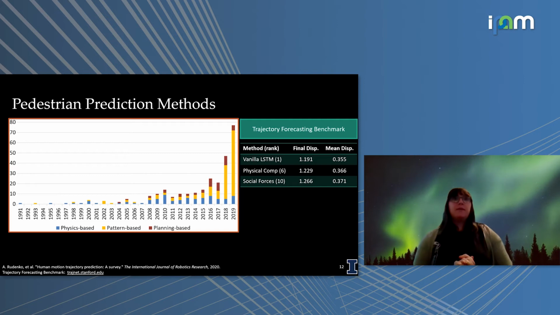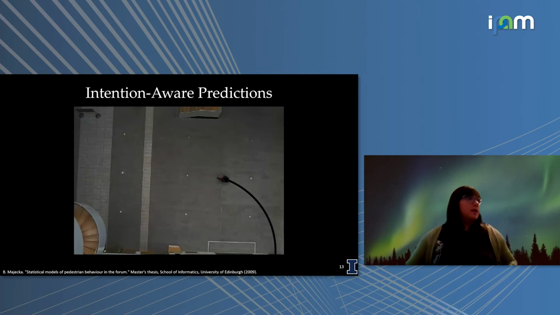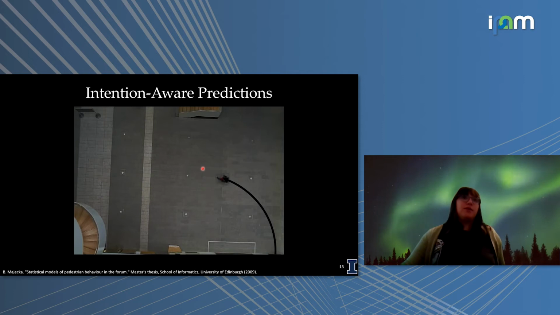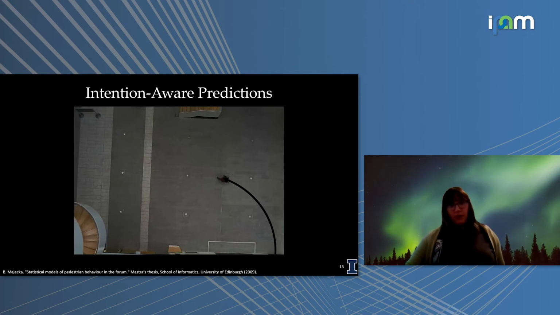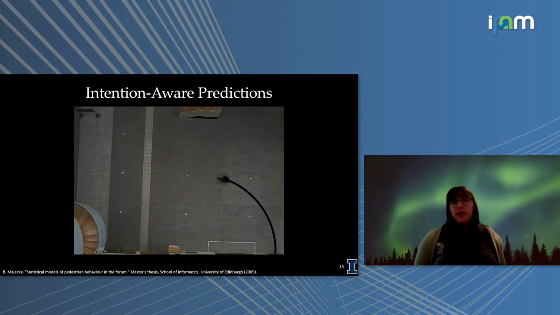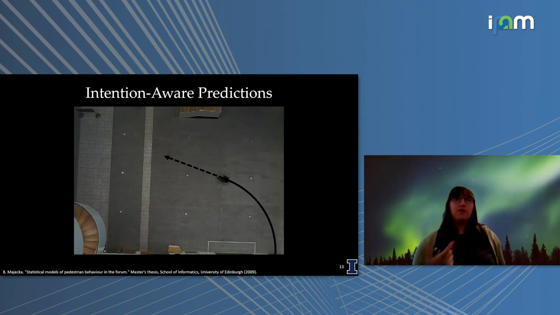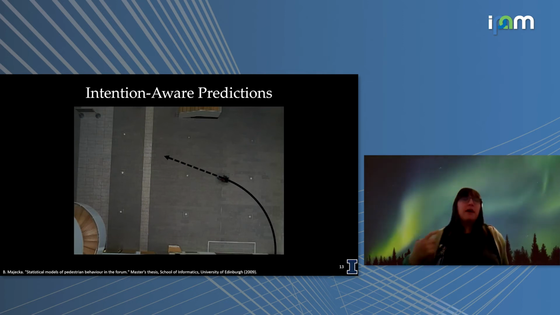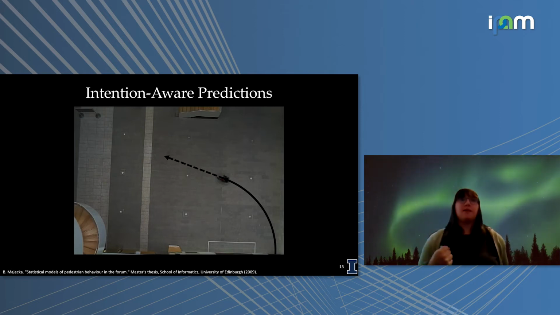Okay, so one other thing that we would like to add to our prediction. So let's look at this example here. If we're tracking this pedestrian, we're trying to predict where they will go. We can observe some prior behavior. And we can apply either method or any approach to try and predict where this vehicle will move in the future. But often if you have basically no context or no other information, you'll tend to just get some average behavior, or this will collapse into something like an expected forward motion.